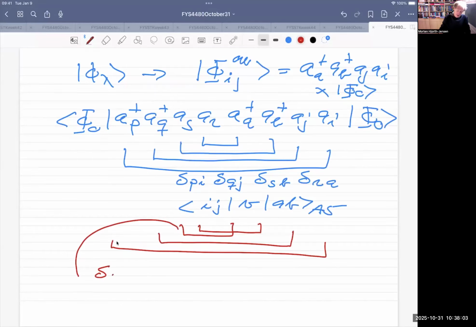So we will get a delta P of I, a delta Q of J, but then we're going to get a delta S of A and a delta R of B. And that will give us a minus sign because we have to interchange the positions of 2 creation operators. And this gives us a contribution which is going to look like this, IJ V, and then we have a BA,